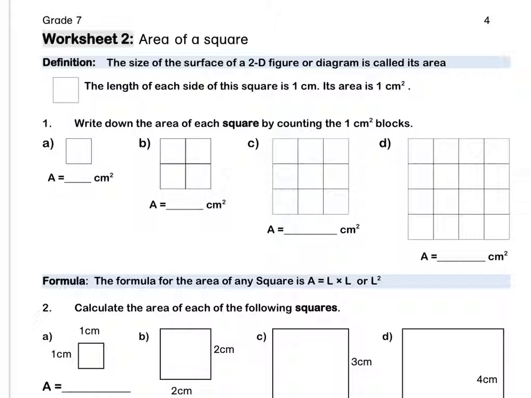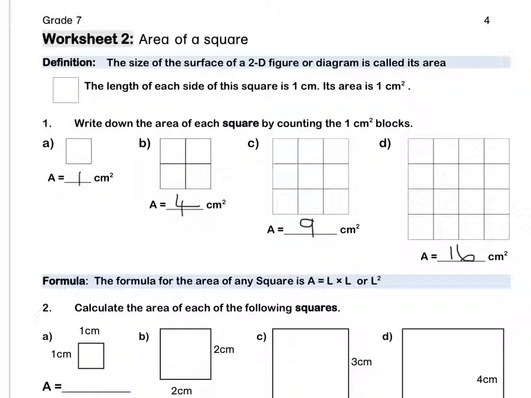Question 1. Let's complete this together. Write down the area of each square by counting the 1 centimeter squared blocks. For A, the area is 1. For B, we have a 2 by 2 square. The area is 4 centimeters squared. There are 4 1 centimeter squared blocks. For C, we have a 3 by 3, so there are a total of 9 centimeters squared. For D, it's 4 by 4, so if we count them all, we see that we have a total of